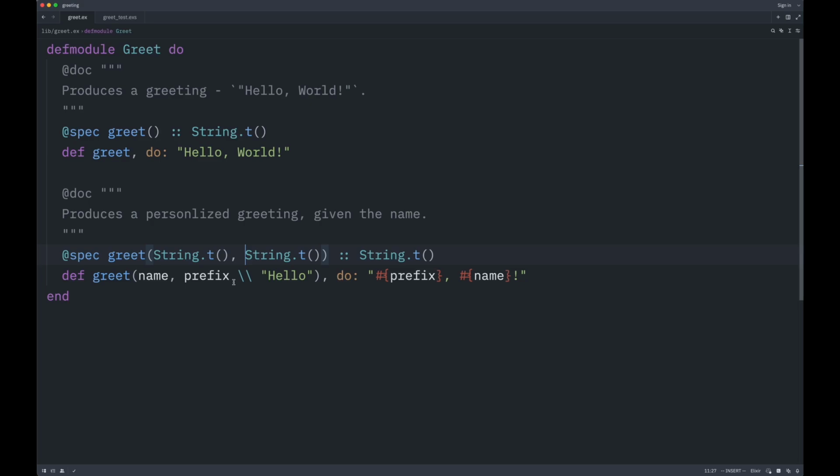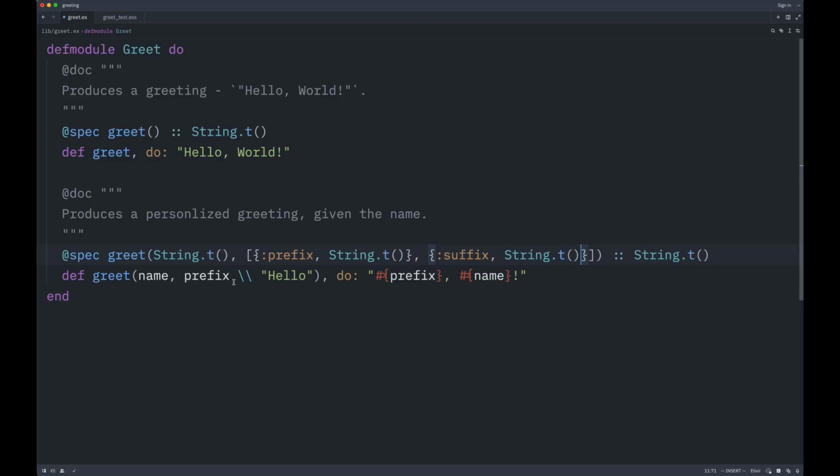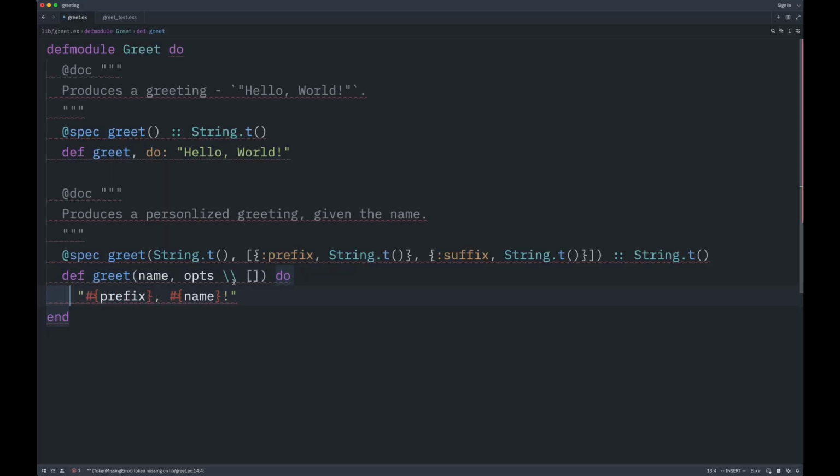So we'll first go with changing the spec to be a list of prefix and a string, all right, and suffix and a string, and then it will produce a string value for us. So that's the function signature that we are going to use for this function. Instead of prefix, we are going to name this as opts, and the default value will be an empty list. All right, so with that, this is going to be